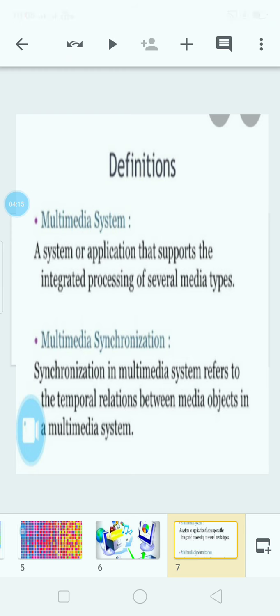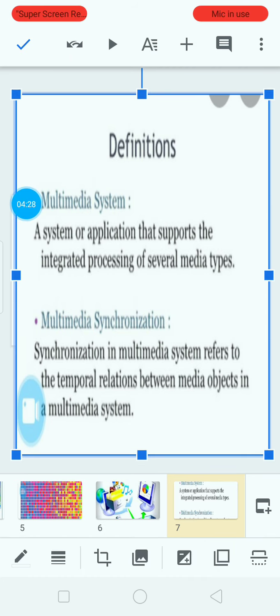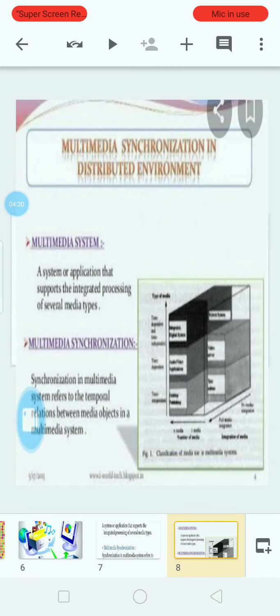So, what do you mean by multimedia synchronization? Synchronization in a multimedia system refers to the temporal relations between media objects in a multimedia. A multi-sync monitor is a type of monitor that can properly synchronize with multiple vertical and horizontal scan frequency standards,